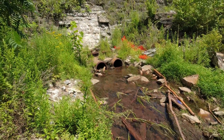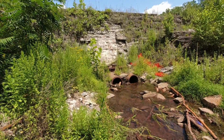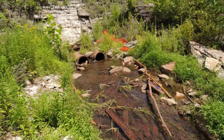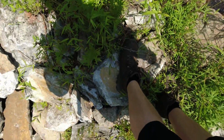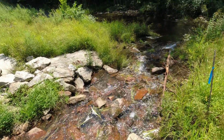All right, so yeah, you can see right here, one of them is plugged up, still flowing a little bit. The other one is flowing clearly, freely. And you can see everything still here has that kind of rust color to it. Now it's similar, ow, what the heck was that? Something just pinched my leg. Very similar to